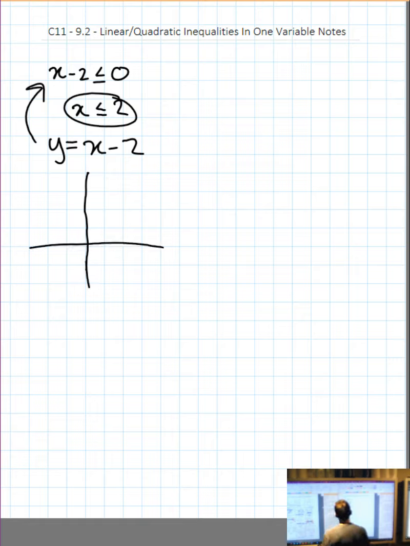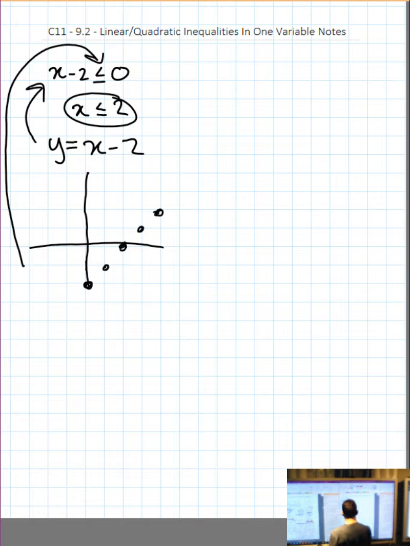So x minus 2, we have a y-intercept of negative 2. Now we still have to remember that we're doing less than or equal to, so we can do closed dots. So we have a y-intercept at negative 2 on the graph. We have a slope of 1, up 1, over 1. And then I'll put a line through it. So there's that graph